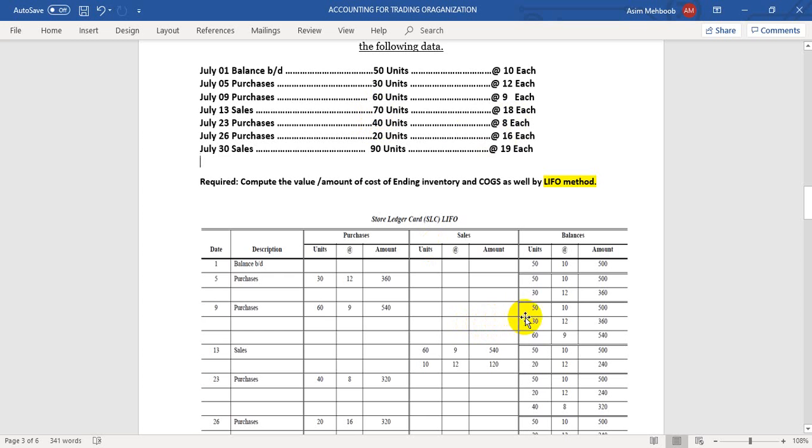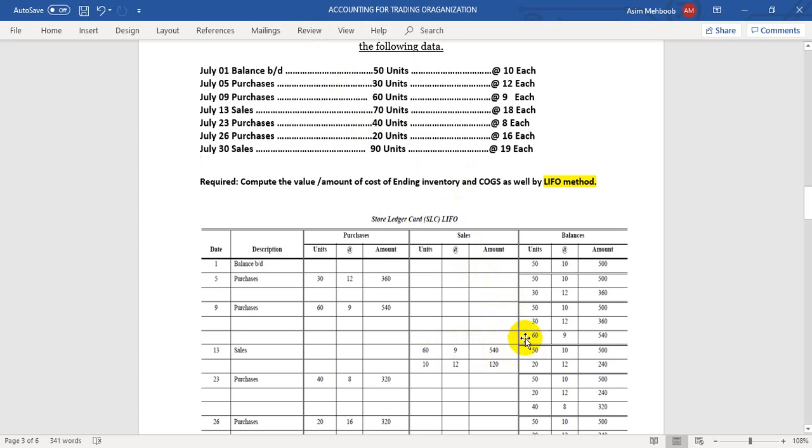Now you have three types of inventory, and you are doing LIFO. So this is the last in you just purchased. First of all you will take out 60 units. At which price? Whatever price you purchased it, you bought it at 9, and 60 into 9 is 540. Remember that you have to sell 70 units. Of the 70 units, 60 you already sold. What remains? 10.